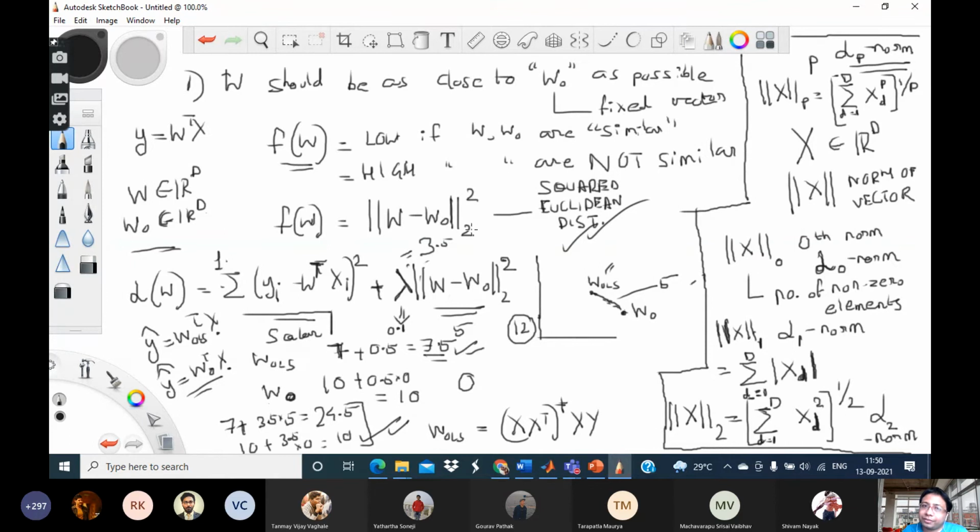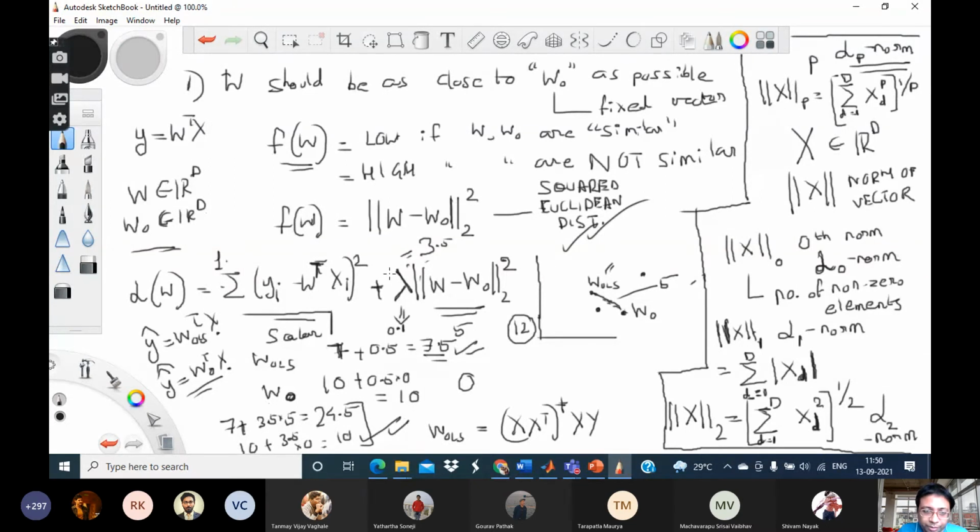If you go for some other value of W, which may be say this W or maybe this W, then you will incur losses in both components. But the question is what the weighted sum of those losses will be. Will it be less than the loss you got from WOLS? Will it be less than the loss you got from W naught? We don't know. So we have to try out different W's and see. Of course, it is not possible for you to try all possible values of W, so we'll have to solve some optimization problem.